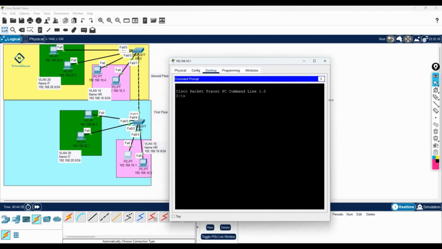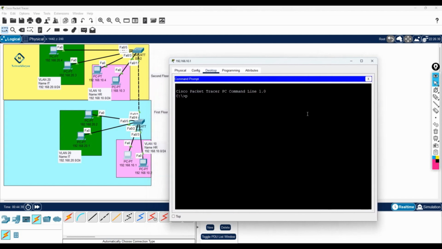In the command prompt, I will write ping -t and put the IP address. I am here on 192.168.10.1, so this computer is trying to ping 10.3. Both are in the same VLAN, so they should work, but they cannot, because the cable connecting the two